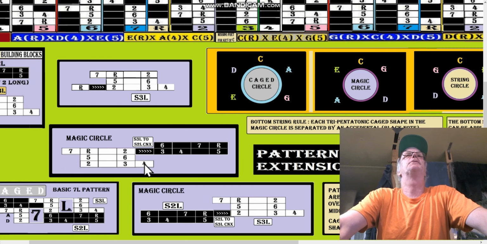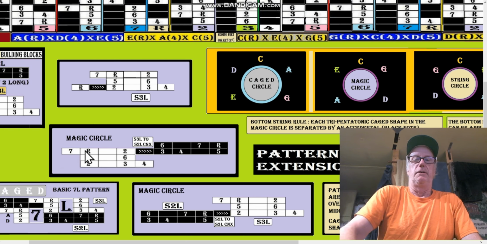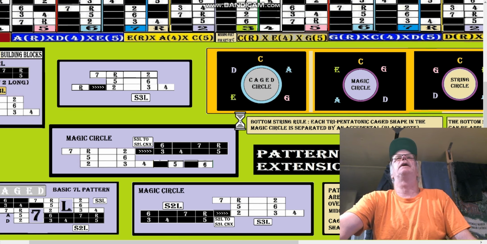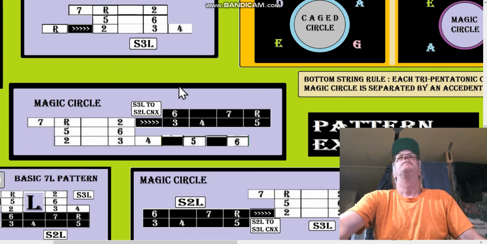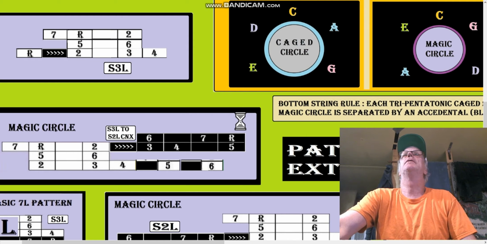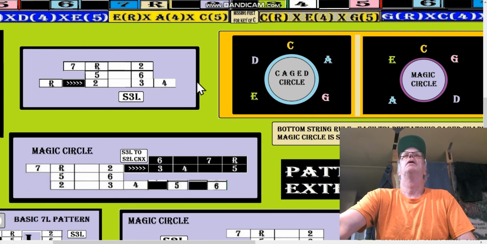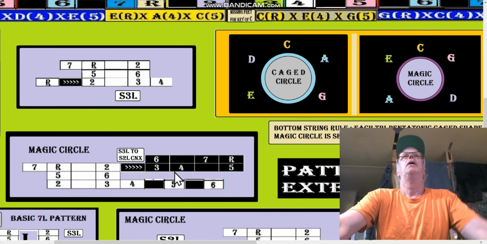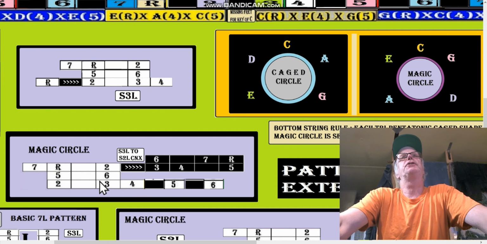Okay, but there's a problem there, because the on string connection to this 2, 3, 4 is not what we're looking at. Okay, I fixed it. Let's just make sure we have our magic circle showing. So if we looked at just the 2, 3, 4